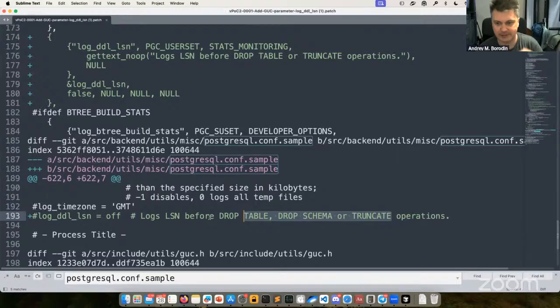If we name the setting log DDL LSN, it should cover everything, right? All DDL, alter table, create index. But do we need it? Can you imagine a situation when we need to know the LSN right before a table existed, or before an index was created or dropped? Well, drop index I can imagine. A plan flip happened and we want to know exactly when it happened.